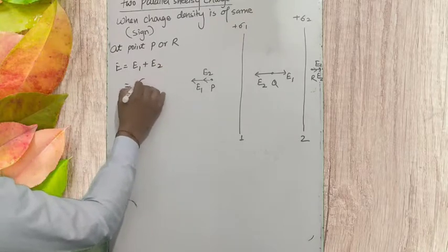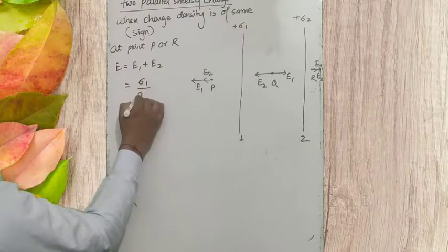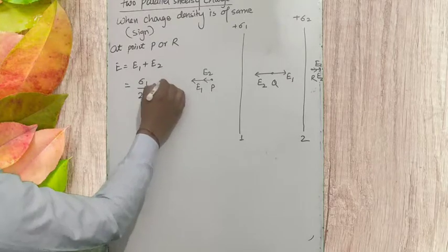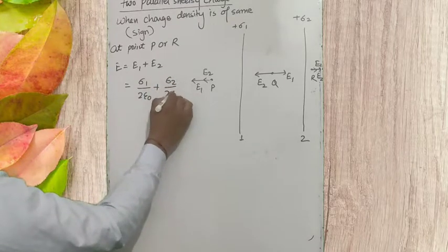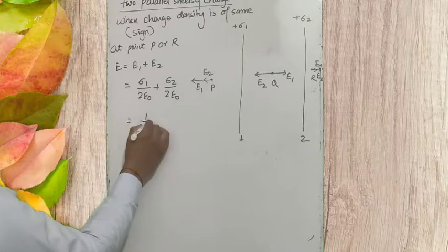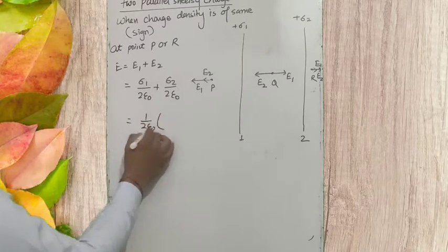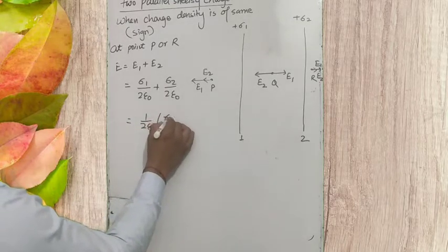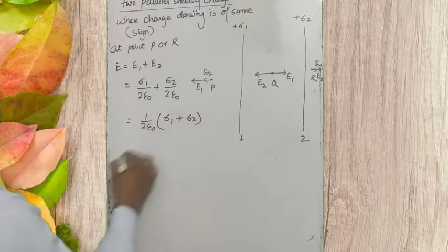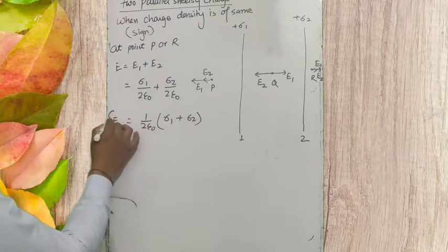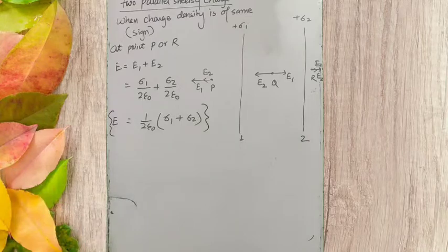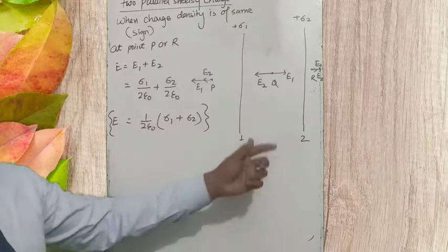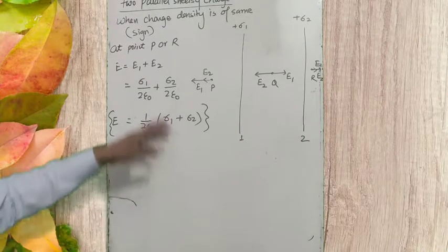E1 is sigma 1 upon 2 epsilon naught, and E2 is sigma 2 upon 2 epsilon naught. So 1 upon 2 epsilon naught we take as common, and it is going to be sigma 1 plus sigma 2. This is the final electric field due to a combination of two plane sheets of charge,